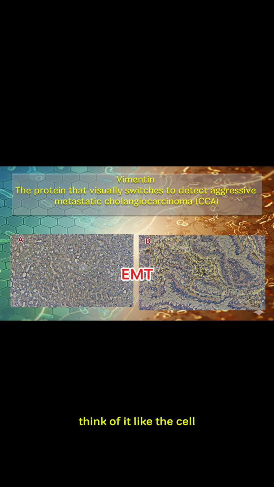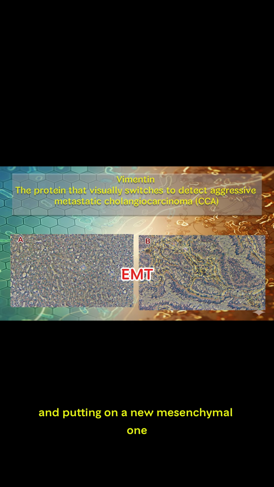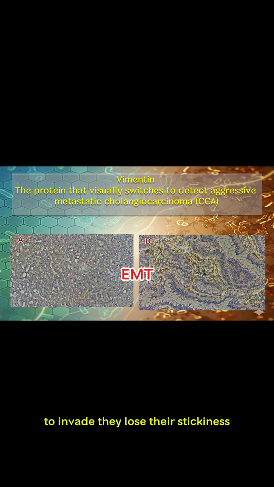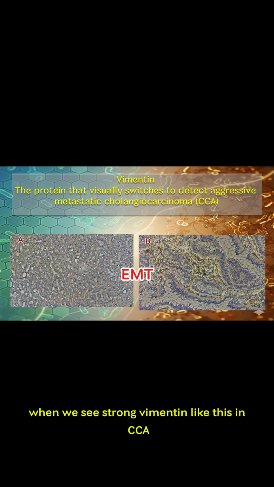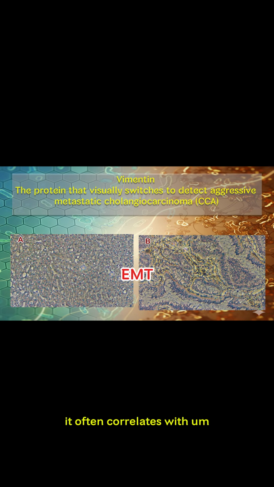Exactly. Think of it like the cell shedding its old epithelial skin, the part that keeps it stable and connected, and putting on a new mesenchymal one. This new identity is all about being able to move, to invade. They lose their stickiness, gain motility. So they trade stability for aggression, essentially. You got it. And this is the so what, for you listening: this vimentin expression linked to EMT and this mesenchymal type, it's not just saying cancer, it's screaming aggressive cancer. When we see strong vimentin like this in CCA, it often correlates with